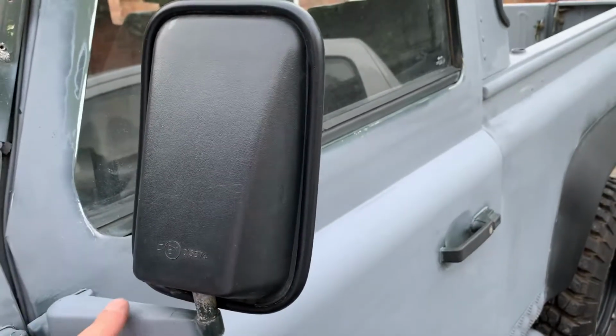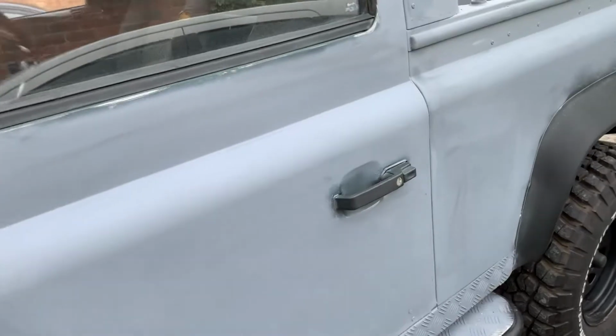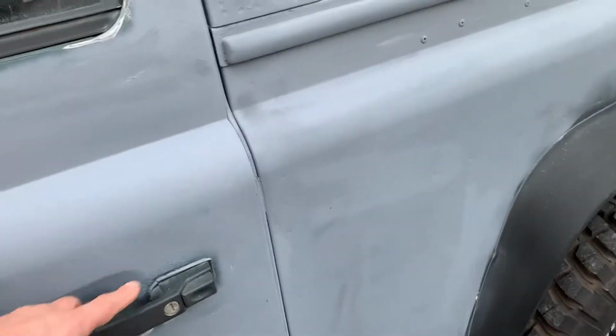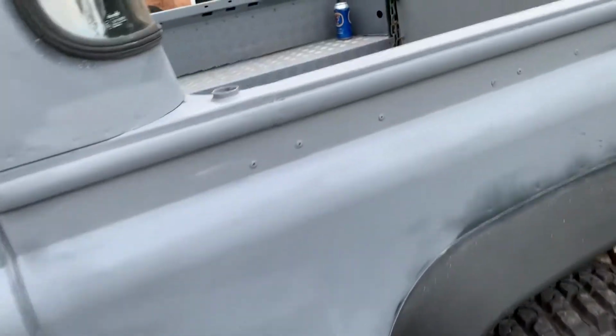And then these go black, and then this bit here goes green. I think I'm going to do that green. Door handles stay black, of course. That rubber's got to be rubbed down a little bit. Bit of thinners on there to take that off, and then I've done